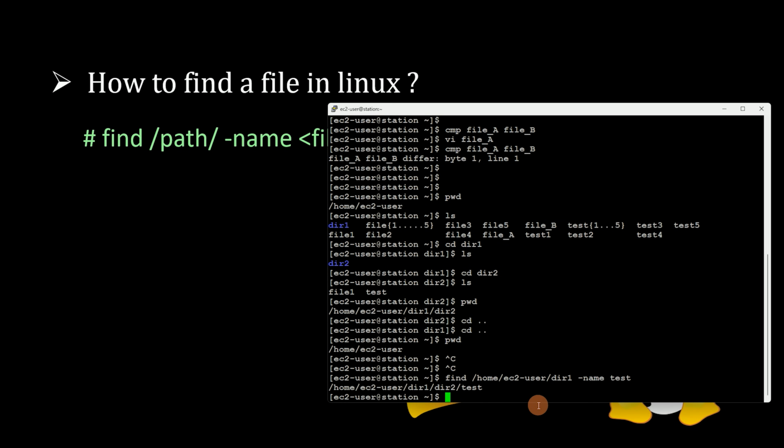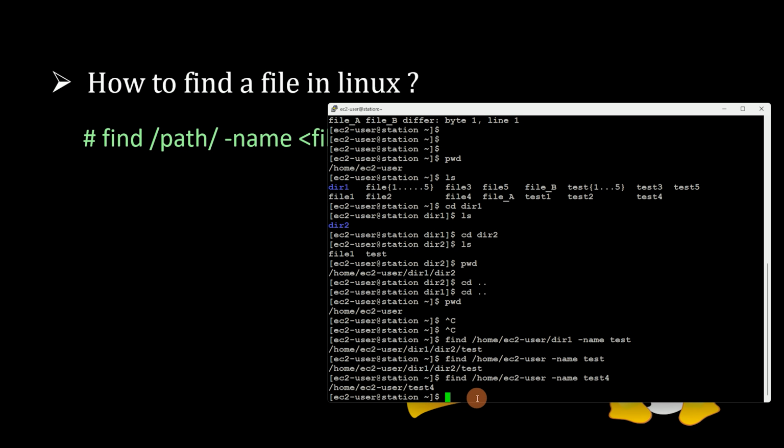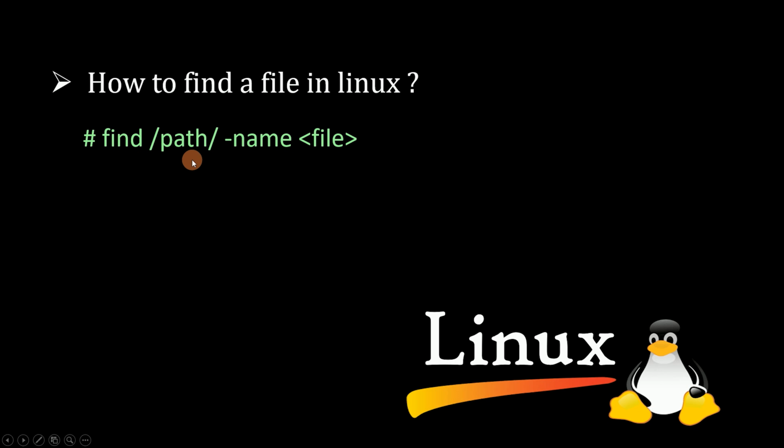So let's do one thing. We are removing dir1 as well. We want to search it under ec2-user. Yeah, it is giving the required output. So this is the benefit. And okay, let's try with another name, test4. Yeah, it is giving the name. It is under ec2-user. So in this manner, we can use the find command to find any file with the